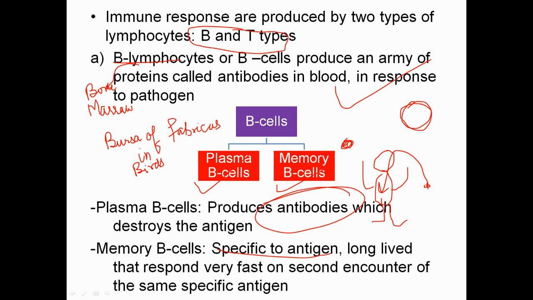It takes some time, and B lymphocytes get activated and release antibodies. This type of response is called primary response, because the body is facing an immunological response against a particular kind of antigen for the first time,